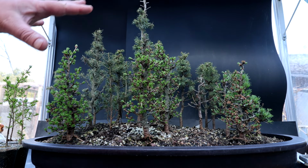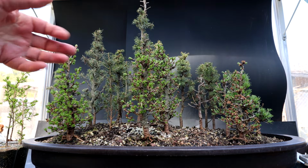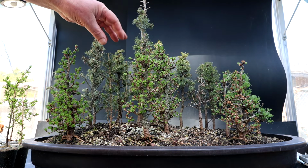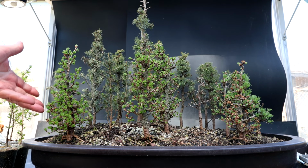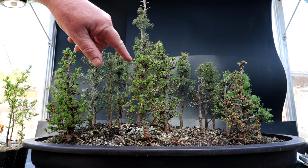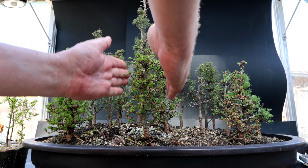And I'll be looking at the whole forest to see if I need to add any trees or move trees around. It's kind of a little late to be planting larches. They're already coming out into needle. But it's a good time for the spruce. You can see the buds are just starting to show green on the spruce. I'll also be pruning up the trees today, just kind of trimming them back. Especially the larch. I can see where the new growth is coming and I can make them that tight, compact,